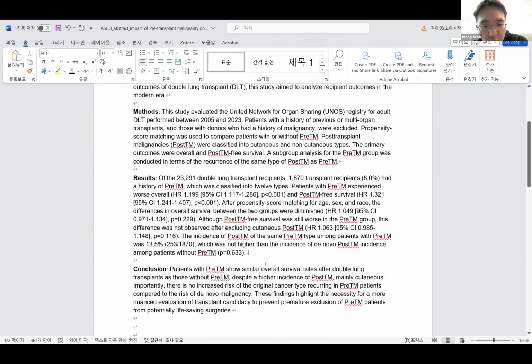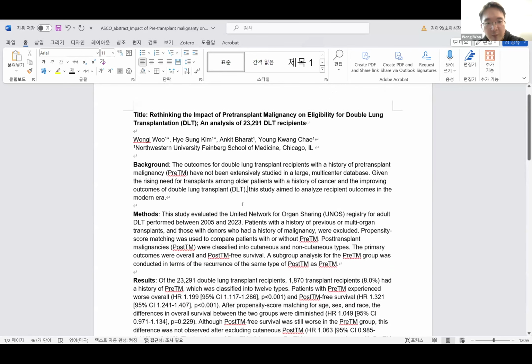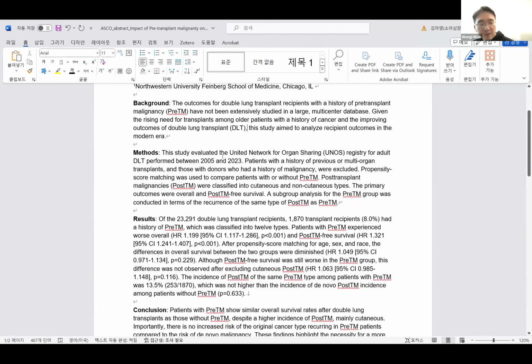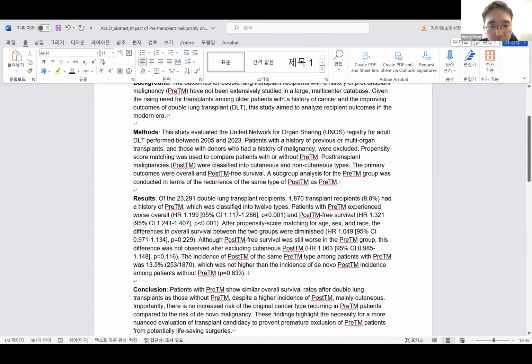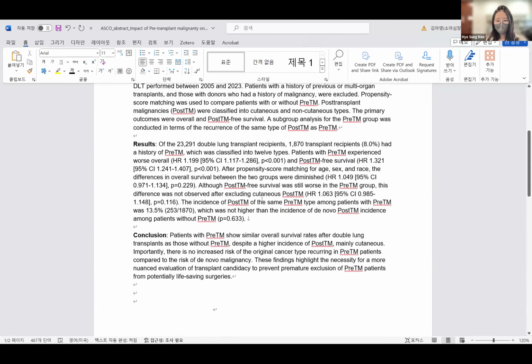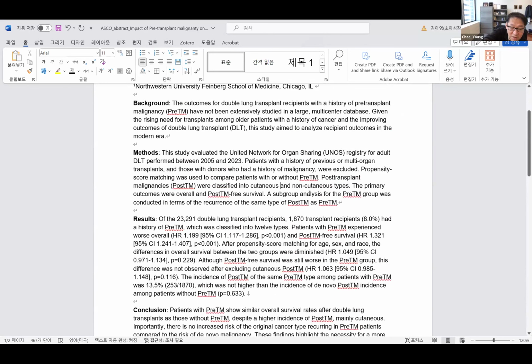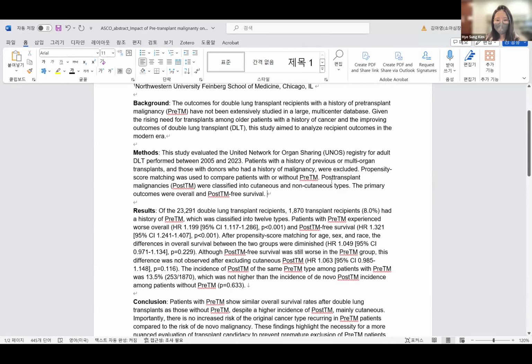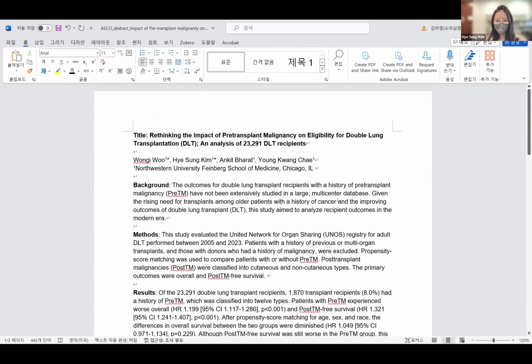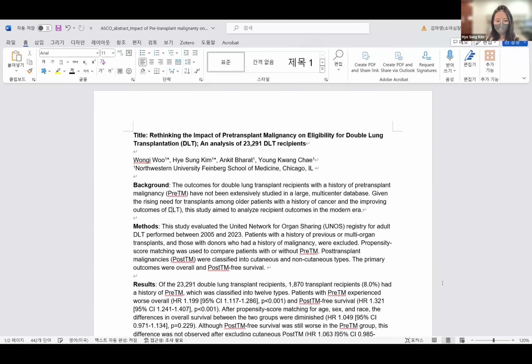So I'm trying to reduce the word count. It's over by about 50, so I'm shortening the method. Then maybe I can fit the abstract and the link. Yeah, you can even take out the subgroup analysis because you're showing that in the results. So you can take out the whole subgroup analysis. Yeah, take out that sentence, it's fine. Okay. Dr. Wu, also you can replace all the DLTs with the acronyms, starting from the background. Yeah, you can replace every DLT, starting in the title. That should help.